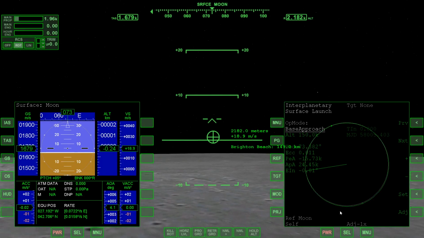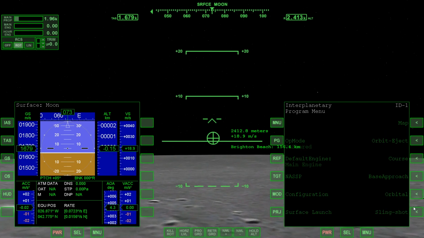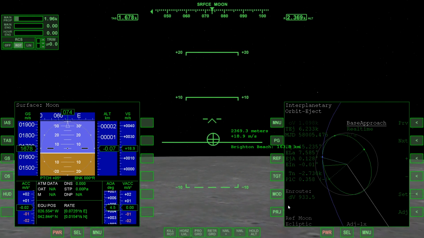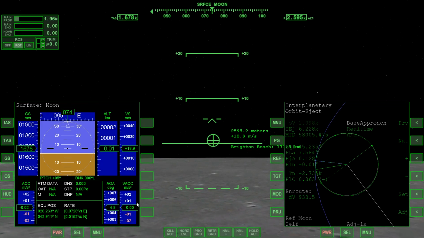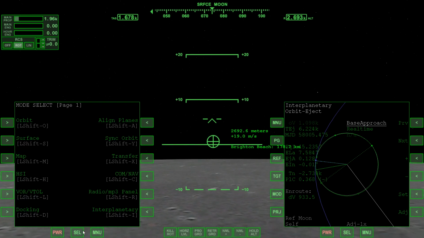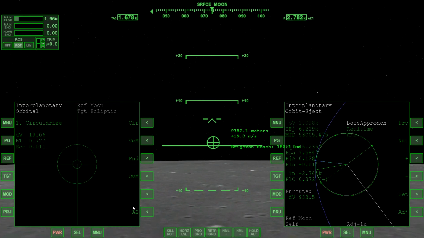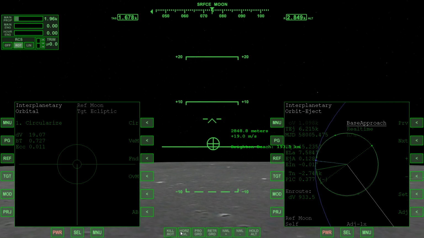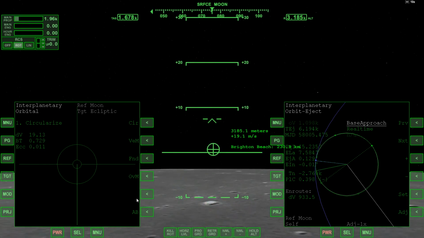Okay, so go back to the glass cockpit and let's go to menu. And we're going to open the orbit eject program, and again we're going to make sure that's slave to base approach and press projection. So you can actually see that the ejection point is just behind our current position, so we're definitely going to have to circularize the orbit. We're going to reach apoapsis before the ejection point. So sort of just works out that way sometimes. But obviously if the ejection point was before apoapsis, it wouldn't make any sense to circularize the orbit.